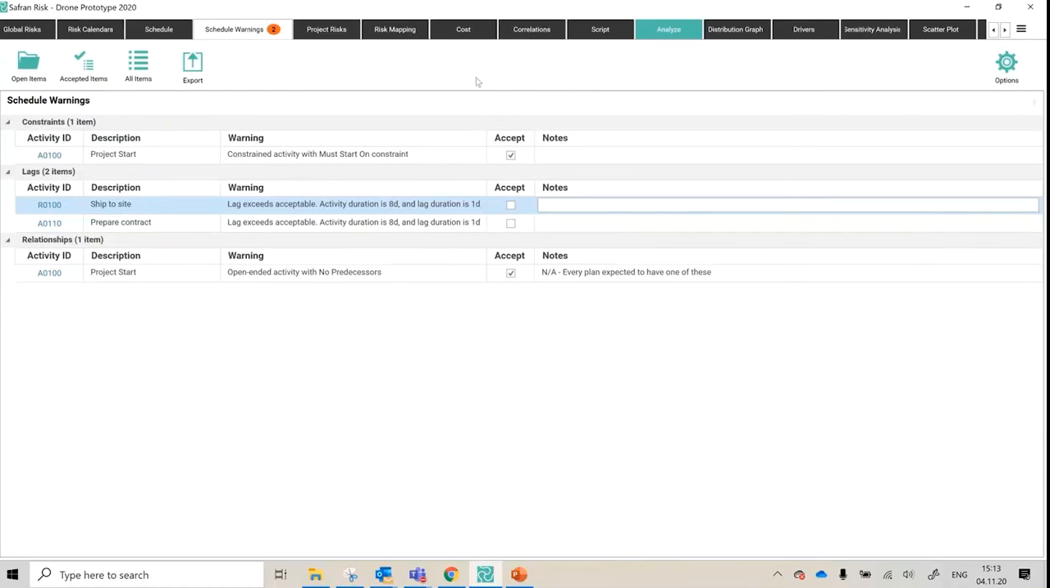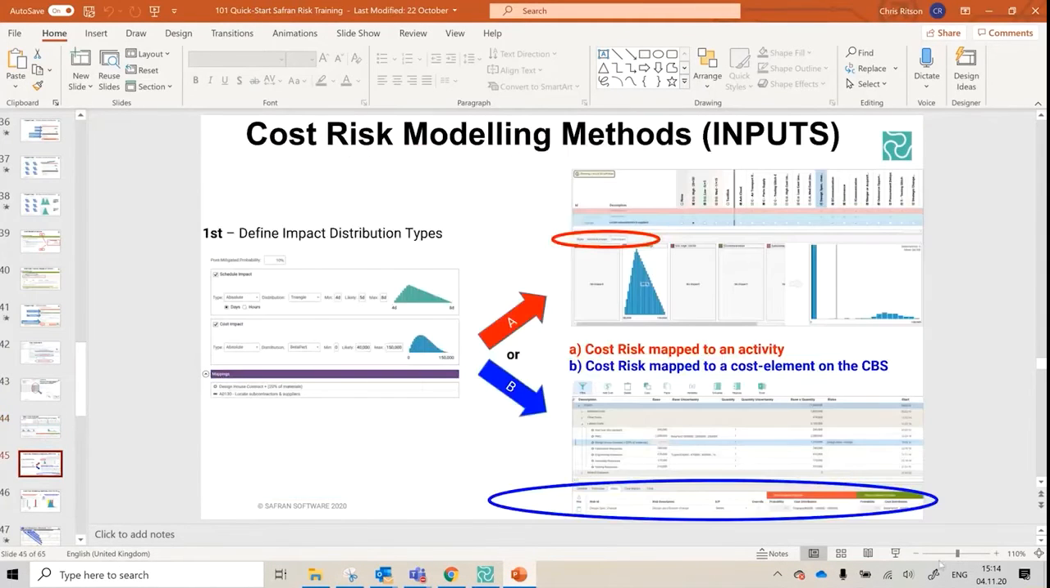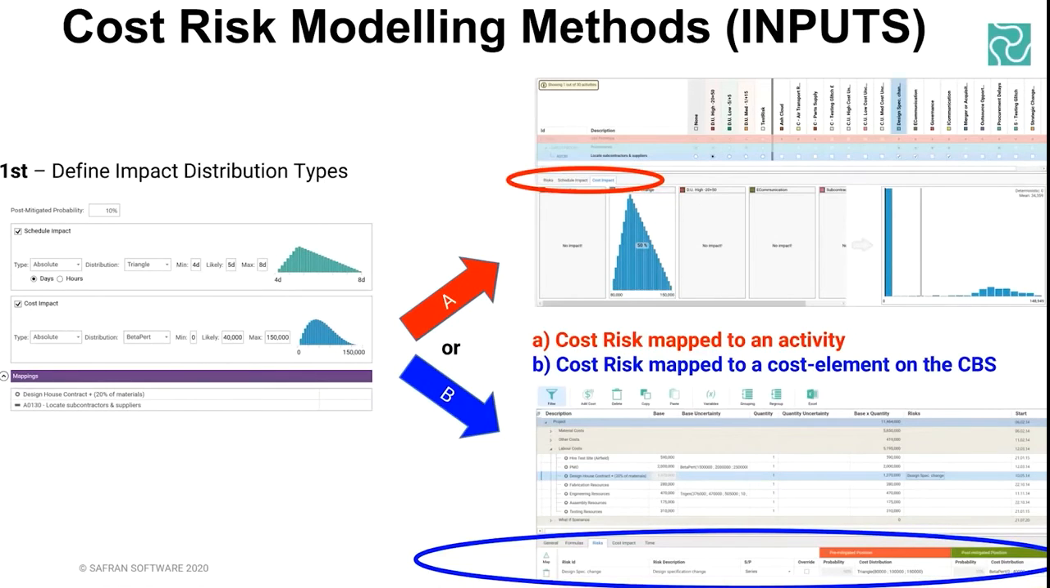Okay, I think we talked about project risks, we talked about risk mapping just then. Cost, I think I'm going to dip back to the slides for this because it will probably do a slightly better job. So